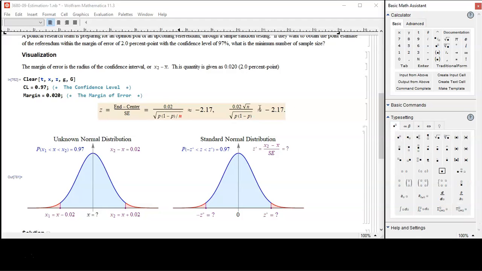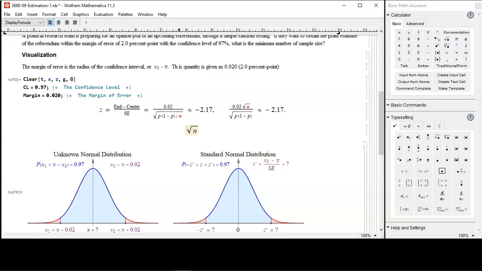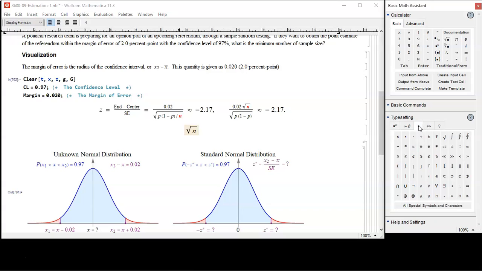Okay, that's a z-score. What did I do? This is division by square root of N, so I flipped it over. See this? Okay, let's flip over everything, and this is what I'm gonna get. Square root of N is approximately equal to negative 2.17, which is,